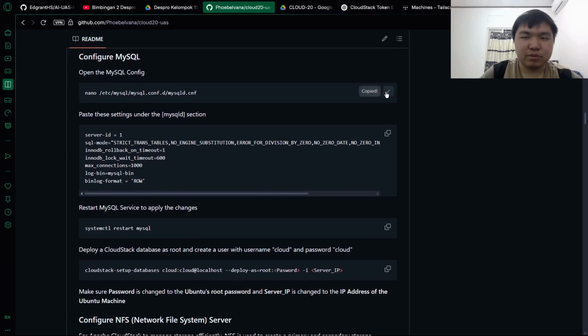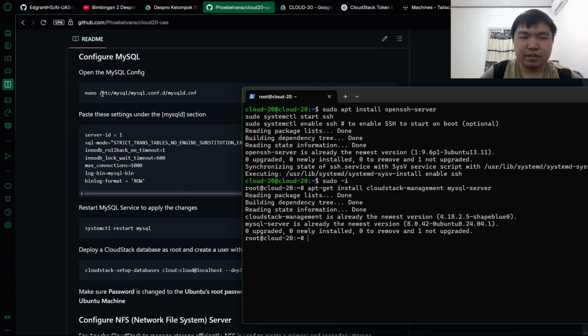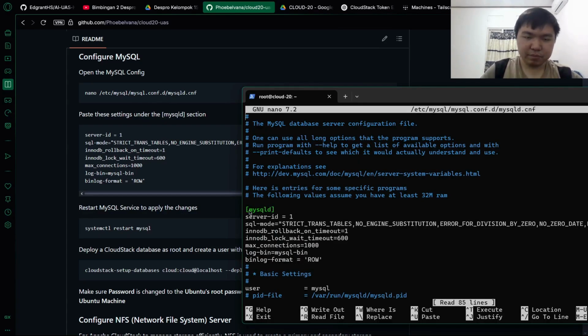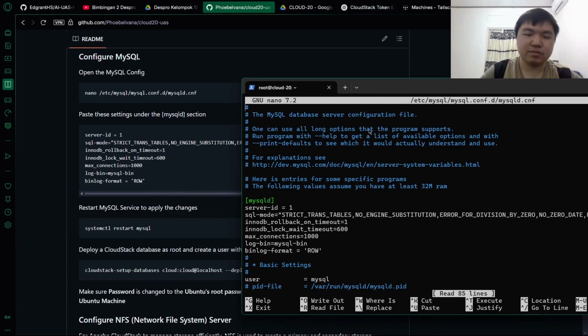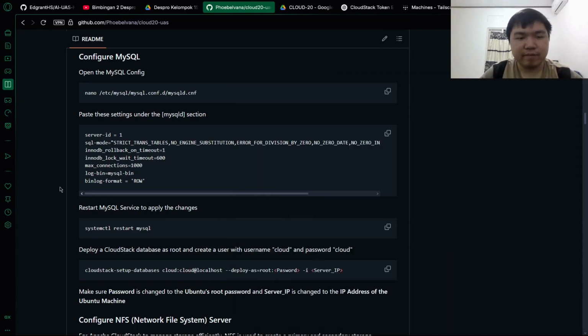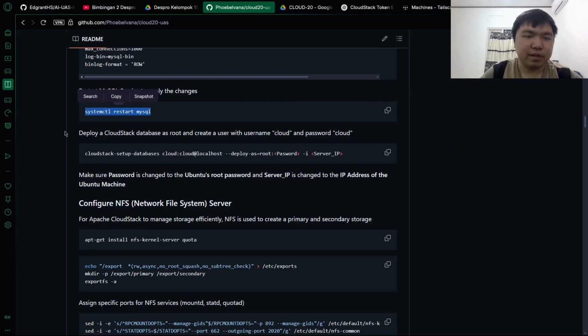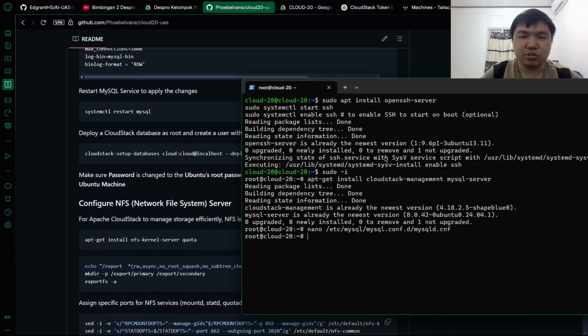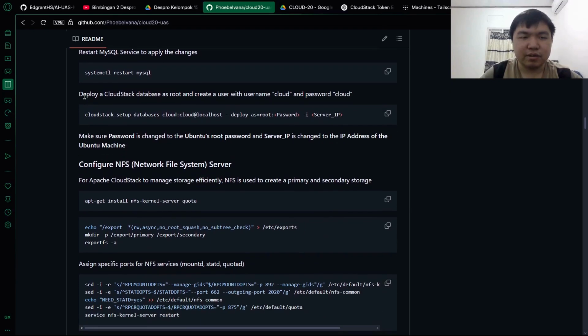Here you want to edit this config file. Inside there will be a section with the name mysqld. Under this section, you want to copy all of this and paste it below that. After, you can press Ctrl O and Enter to save, and Ctrl X to exit. Once you've done that, you want to restart your MySQL service. Just copy paste it, and then you also want to deploy a new